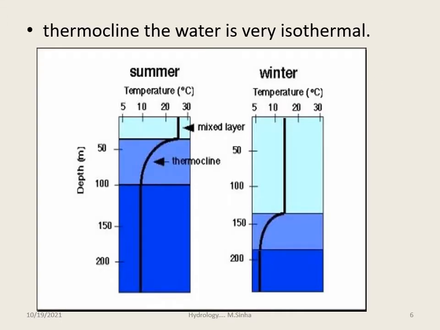Okay, in winter and summer, there is a variation in the thermoclinal condition. In summer, suppose this is an equatorial region. So the equatorial region, the surface of the ocean area, receives more EMR. So the temperature in the topmost layer is very high. Okay, when someone moves from the topmost layer